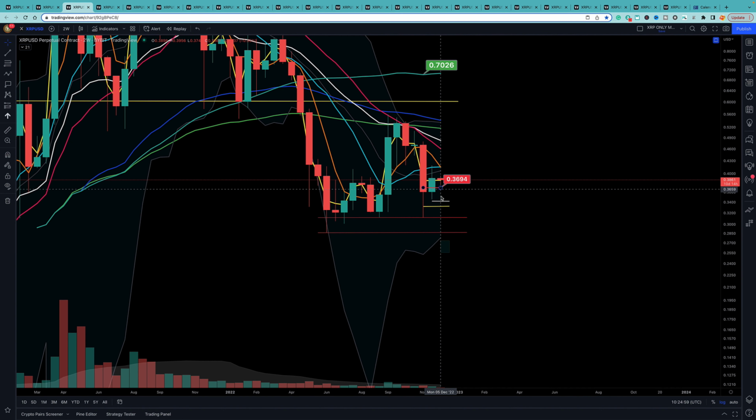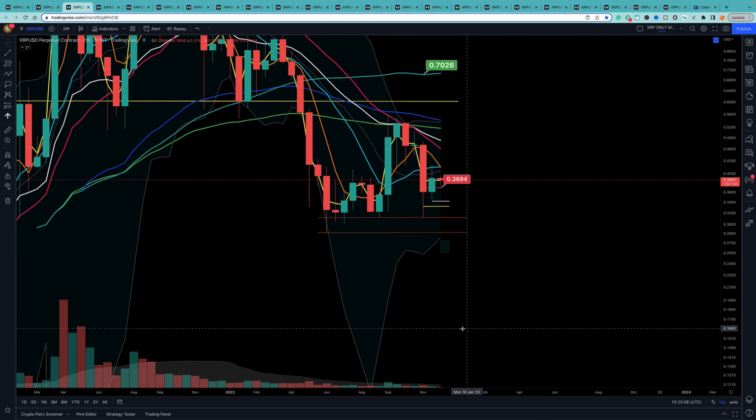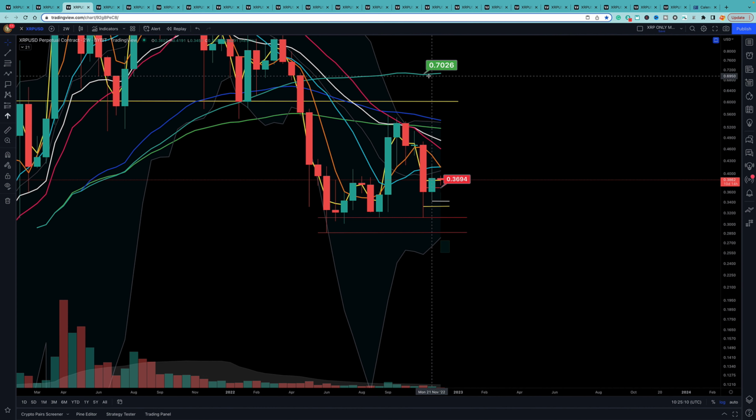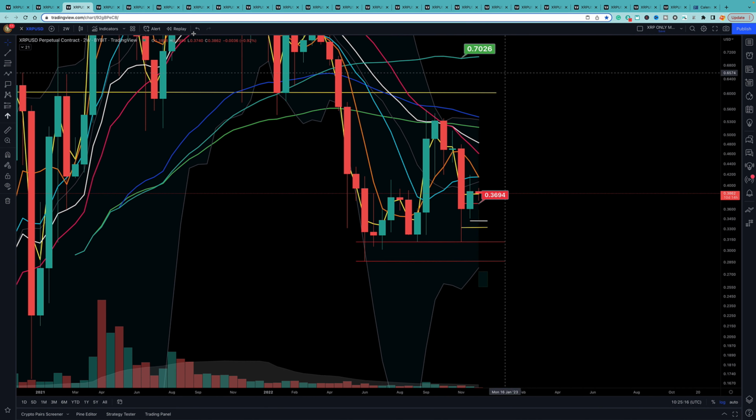Now, if I call it really short, I definitely think we're going to have a drop down to at least 30, 31, and then head up here. But it does look like we're going to have a much bigger drop down, and then we'll have our rally up to 70 or so. That's what it seems like. Yeah. So now, then